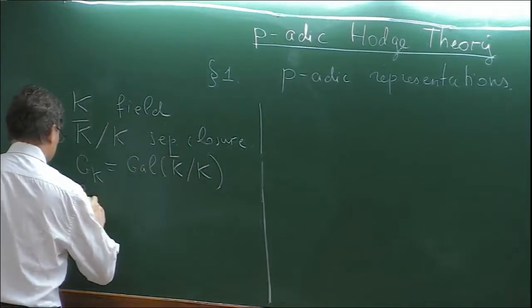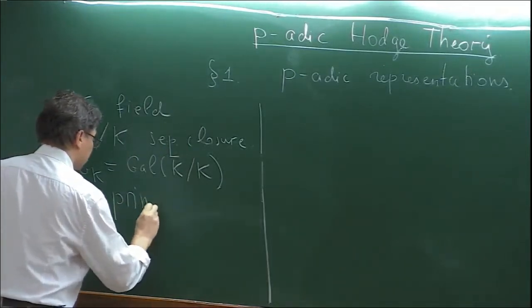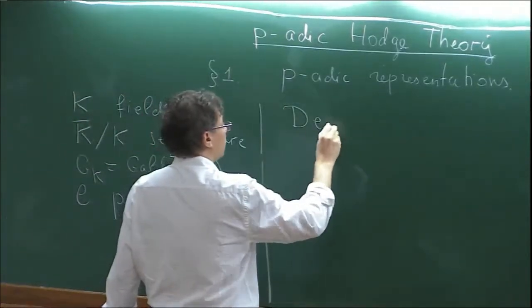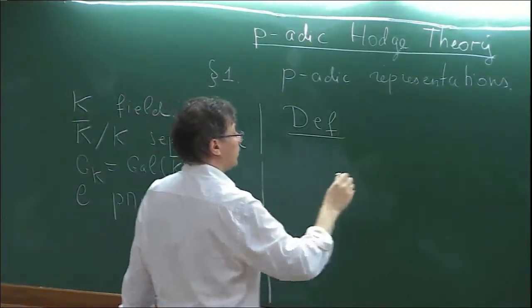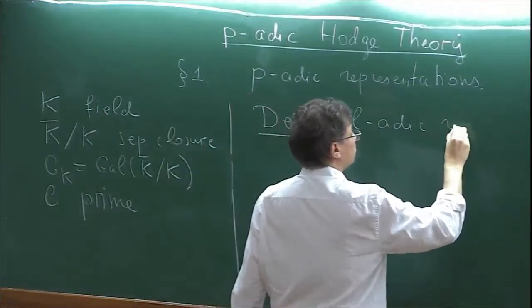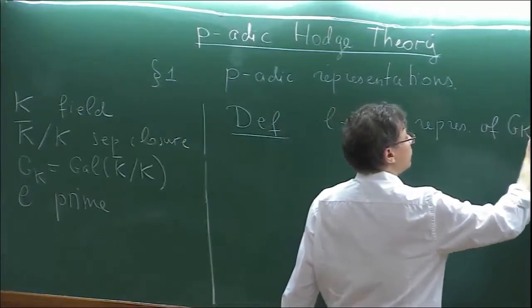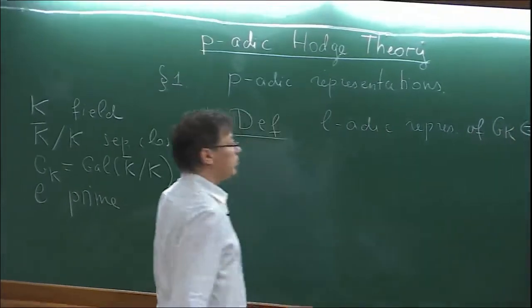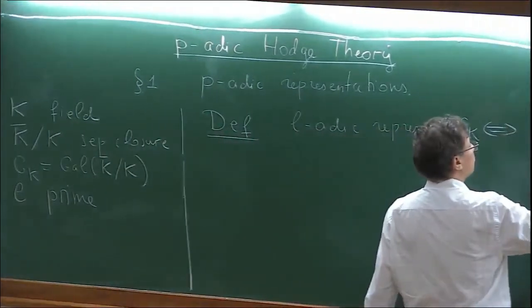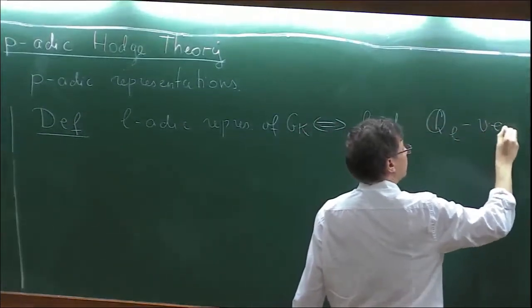So for a moment, l is a fixed prime. And an l-adic representation of G_K is by definition a finite dimensional Q_l vector space